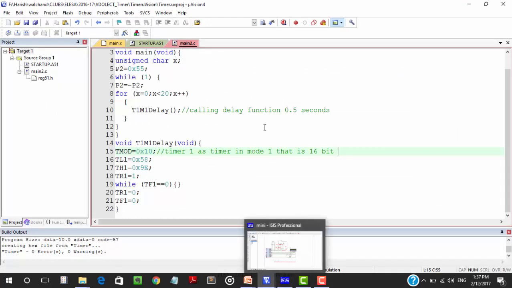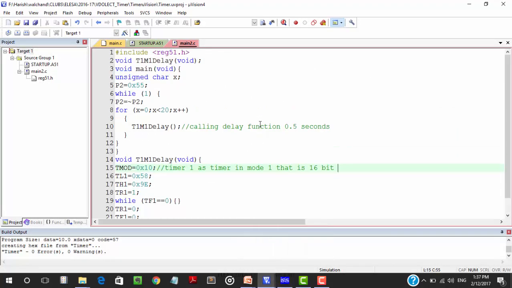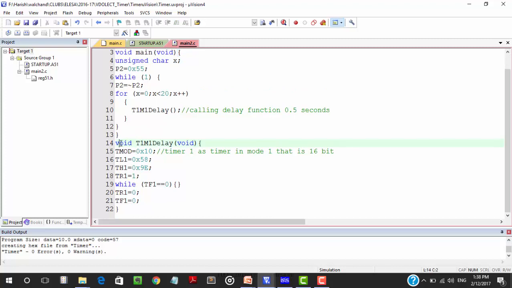Here you can see that I have written the same example of 0.5 seconds in Keil MicroVision. The first line is #include reg51.h. I have created a function named T1M1 delay. Void T1M1 delay void.